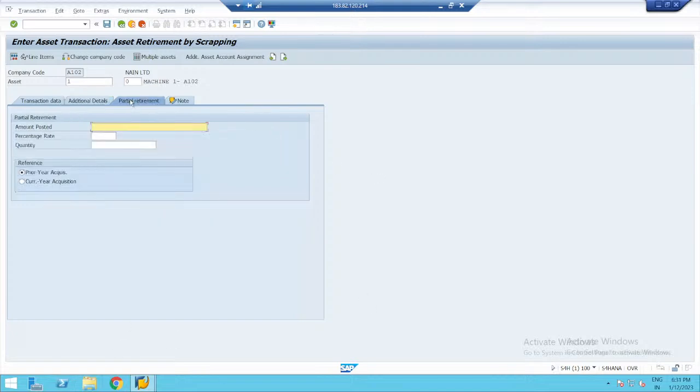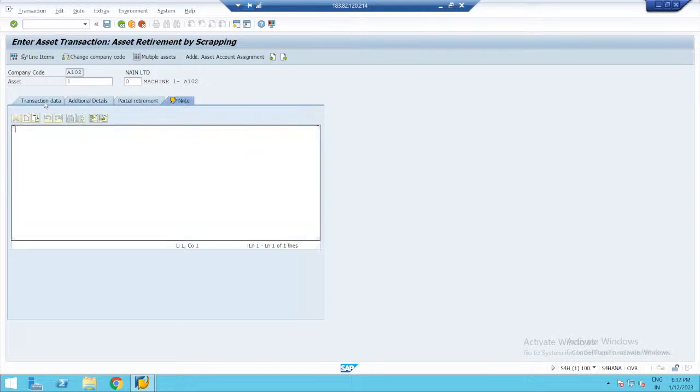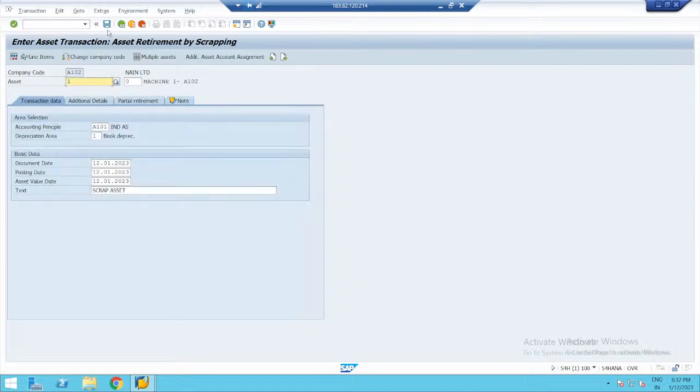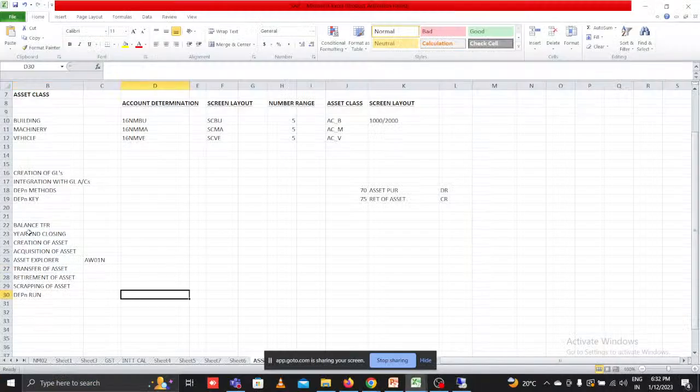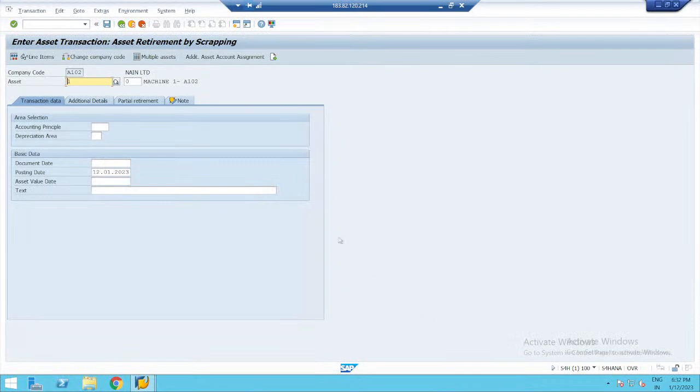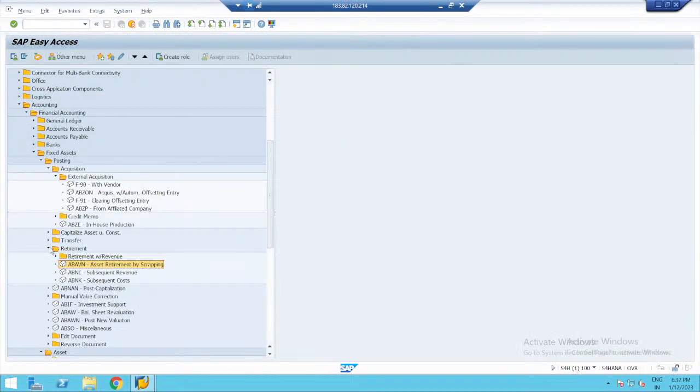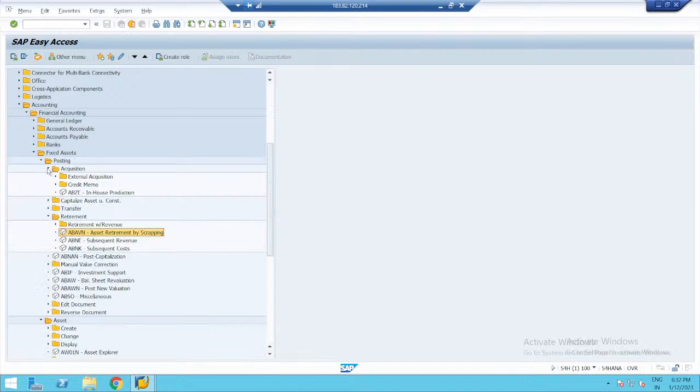Then partial retirement, if you want to retire partially, then you can fill the information here. Then again, prior year acquisition or current year acquisition, then note, then transaction data. So in such a way you can do all this kind of transaction. See, acquisition, then transfer of asset, retirement of asset, scrapping of asset. Next is depreciation run. For depreciation run,